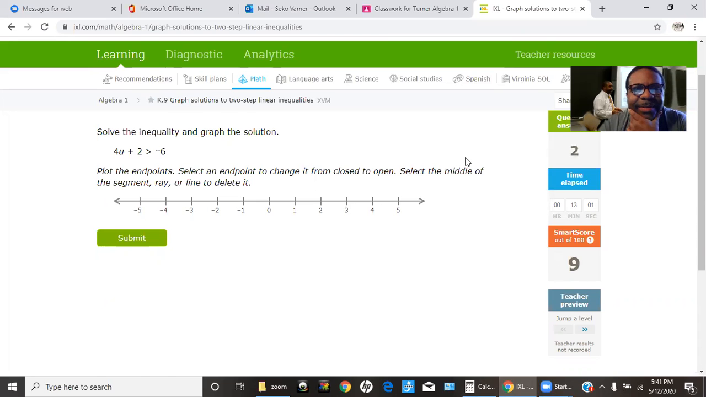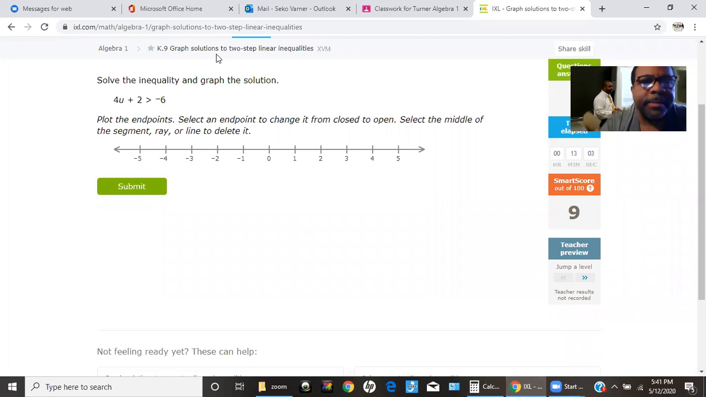All right, so what we're going to do is look at this process. 4u plus 2 is less than -6. Now, before we get started, I want to put a few notes over here. I'm going to put this one here. That's an open hole, okay? And I'll put another one here. That's a closed hole,